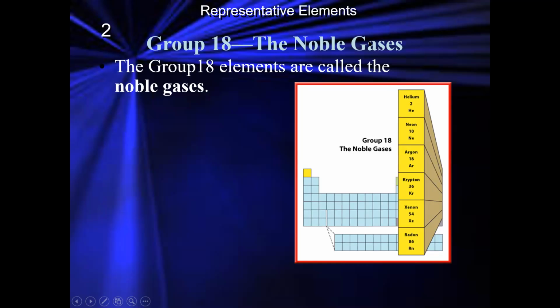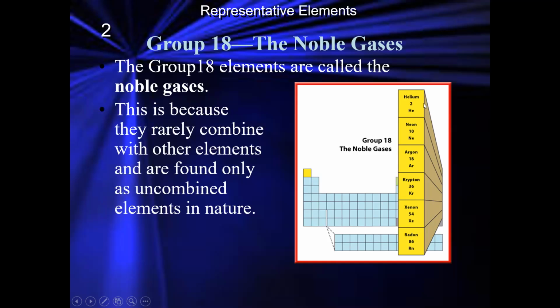As the name of the group states, noble gases. All of these elements found in the 18th group, we can call it 18th column or 8th group, are in the gaseous state. These are called noble gases because they rarely combine with other elements and are found only as uncombined elements in